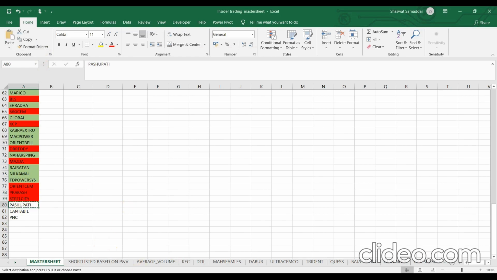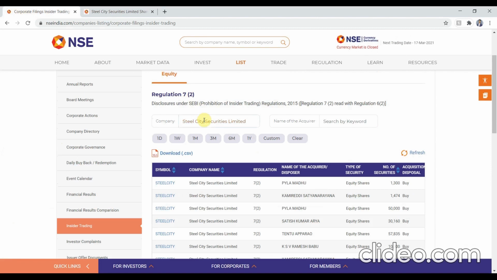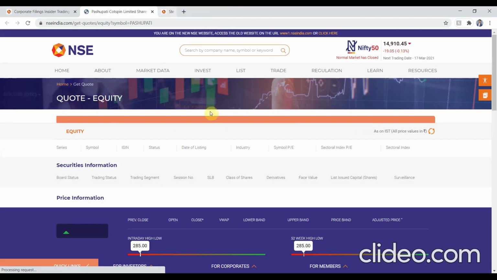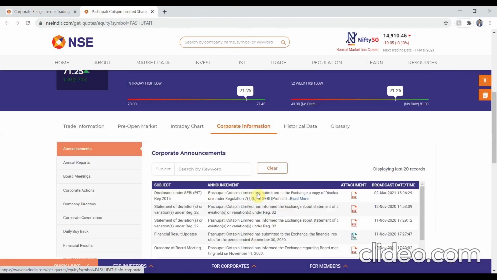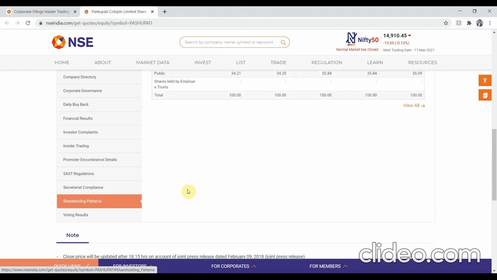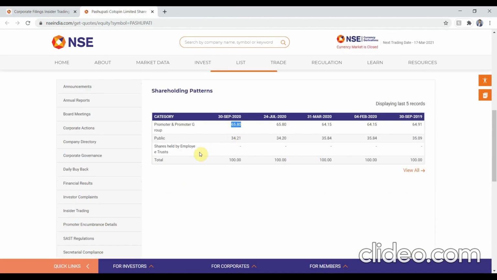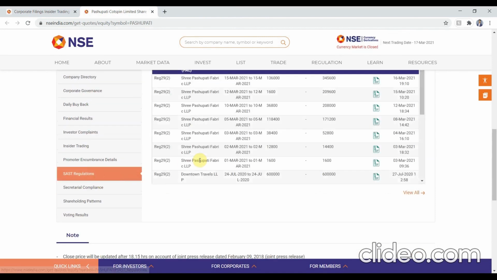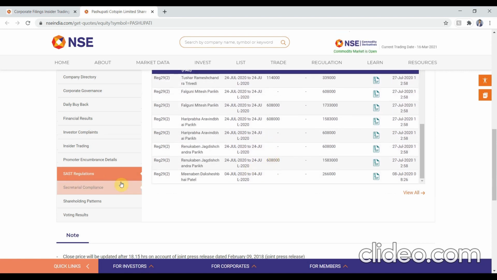Next is Pashupati. Click on the symbol right here. Now check the corporate information. Check the shareholding pattern. Shareholding greater than 50%. SAS regulation, no selling.